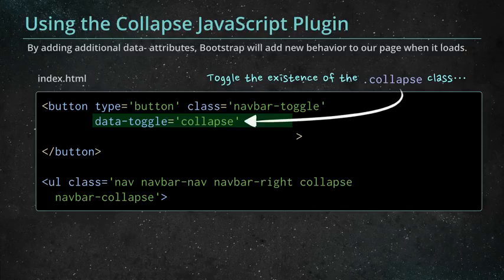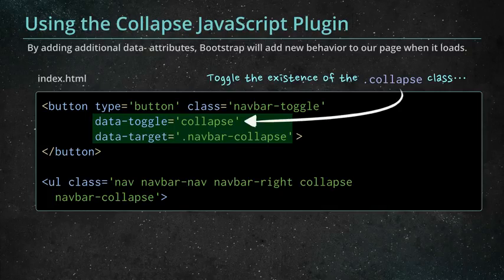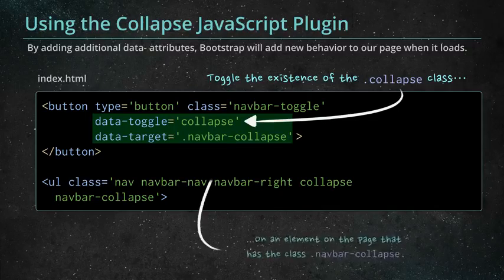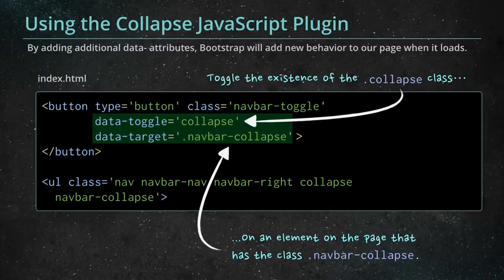But what element? We need to add a second attribute of data-target, which is a CSS selector for any element on the page. In this case, we'll use .navbar-collapse